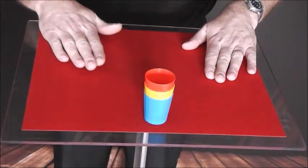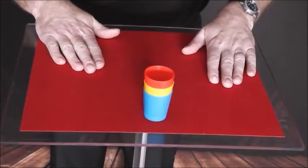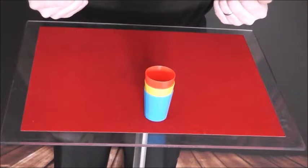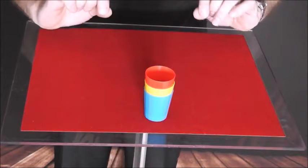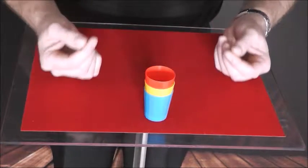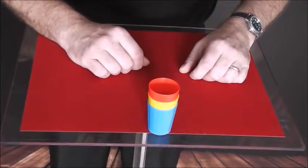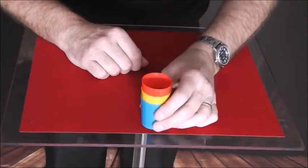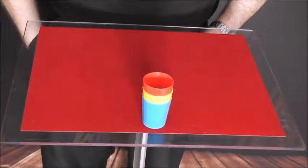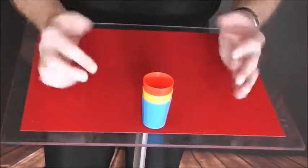Now that, if you've just shown 3 empty cups and 3 balls, and you pick up your hands and do that, as far as the audience is concerned, you have shown 3 empty cups, 3 balls, and your hands are empty. And while they're examining the cups, looking for trapdoors, hidden mirrors, hidden compartments, you quietly step back, put your hand in your pocket, take out your next trick or your magic wand or something, drop the ball, and so now